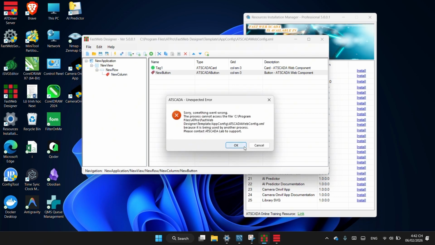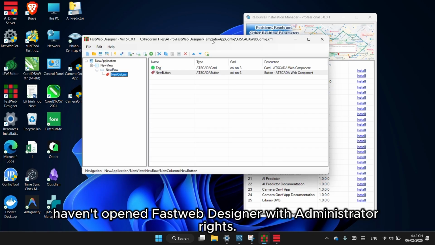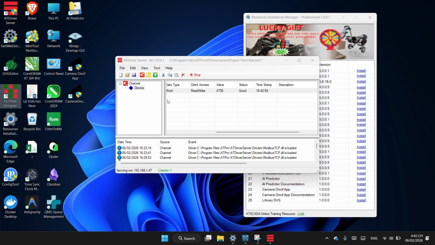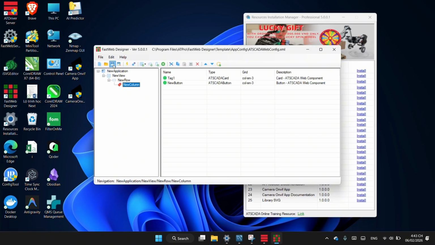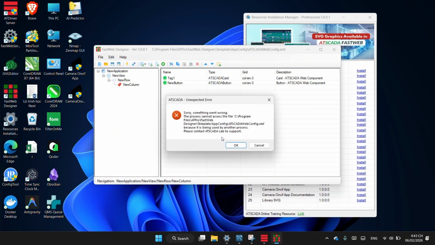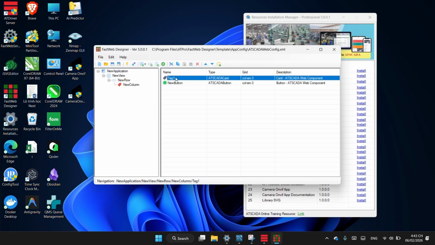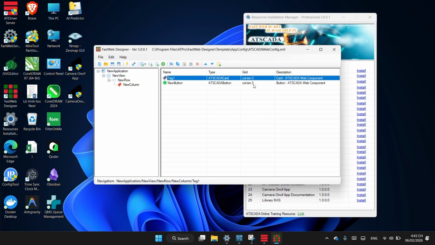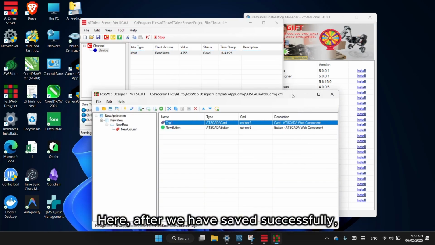Here, this is the error that occurs when we haven't opened FastWeb Designer with administrator rights. So, I will proceed to reopen it. We open it with admin rights here. Here, saving the registration normally. After we have saved successfully,